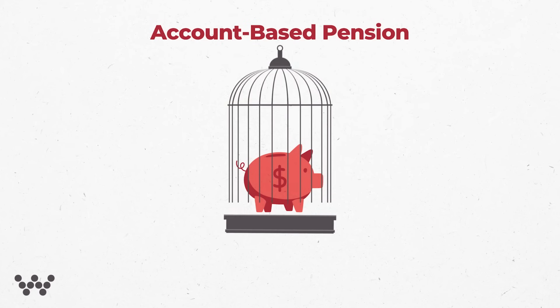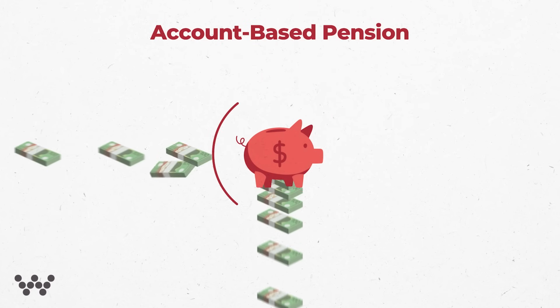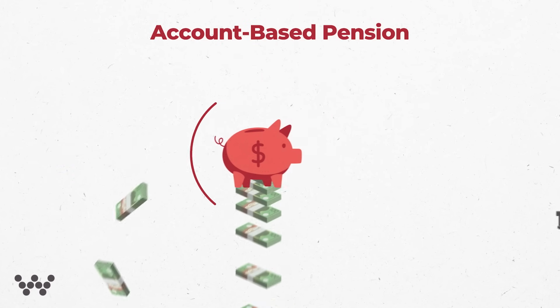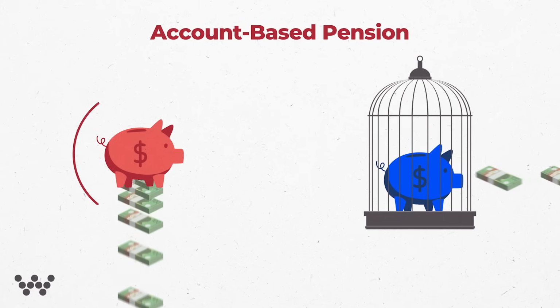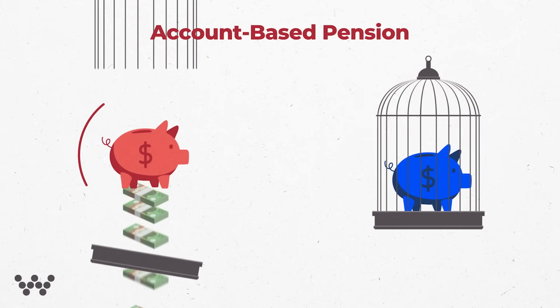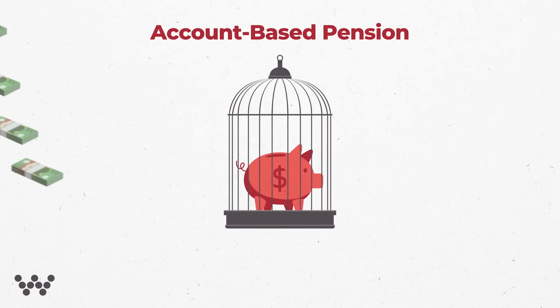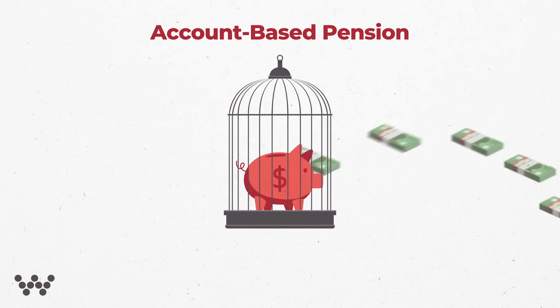Now, it's important to keep in mind that one of the drawbacks is that once you commence that pension, you can't add to it. You can't contribute to that pension account. You would need to then open a new account and make contributions into a new accumulation account. You can pull that pension back into accumulation and put more funds into there. But generally, once you start a pension, you can't add to it as a general rule.